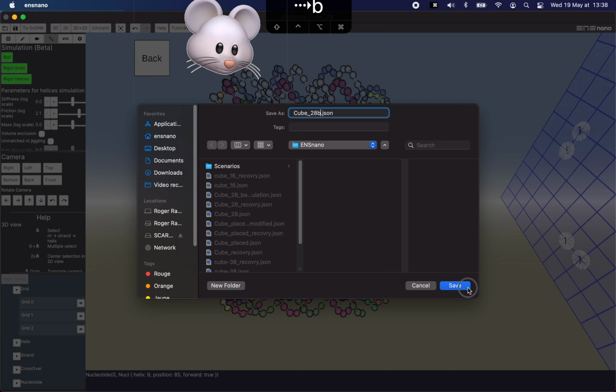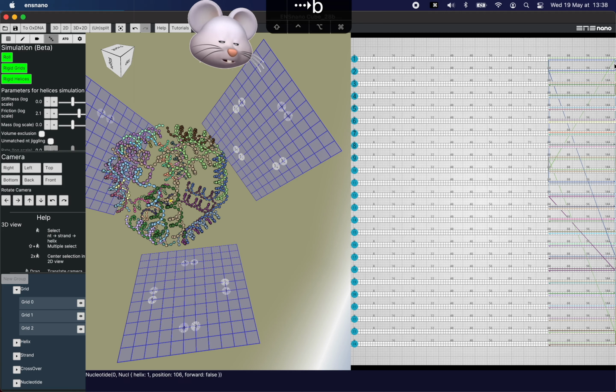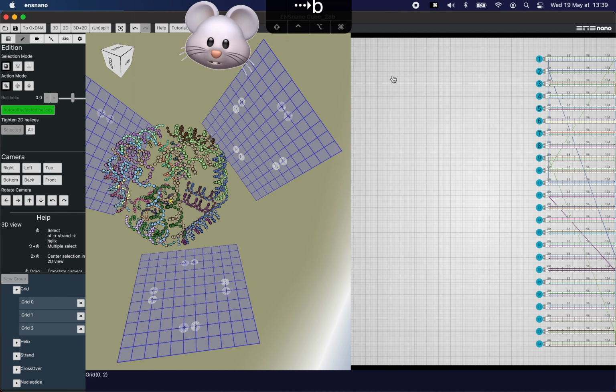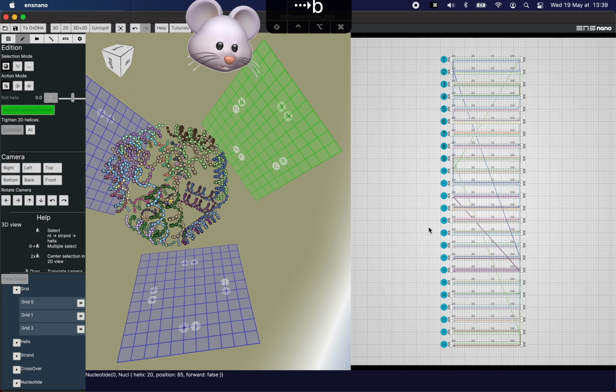So now we will split the view and see the 2D view. As you can see, the 2D view is kind of messy right now because we didn't pay any attention to its geometry. And you can also see that the LECs are very extended. Remember that we chose to put the double-stranded strand far away from the grid so that the grid doesn't get in the way. There is a nice button in ENS Nano that just allows you to tighten all the LECs. You click there, and now all your LECs are tightened and they have their minimal length.